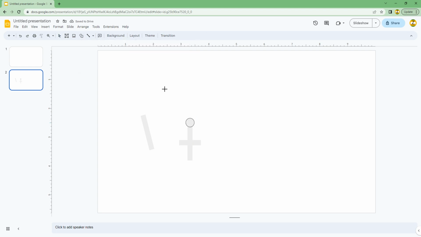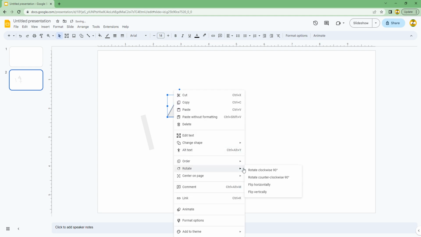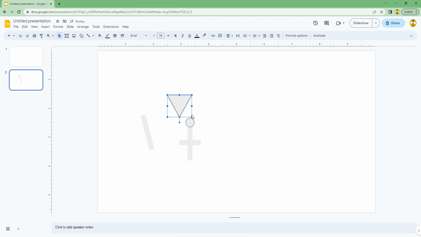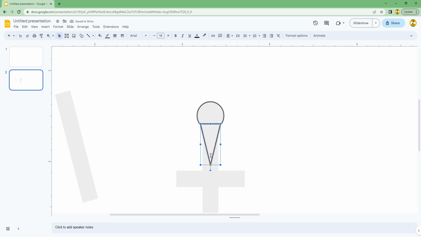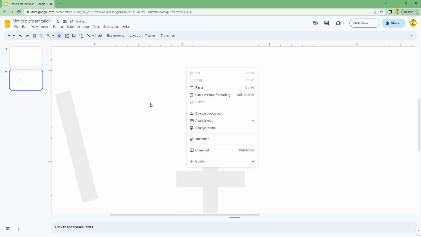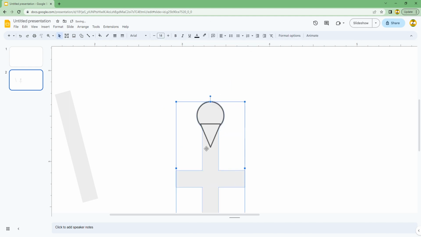And to connect the pommel, I normally like to just do a triangle to connect the pommel to the blade and make it the same width as that. Just gonna zoom in a bit. Group that,